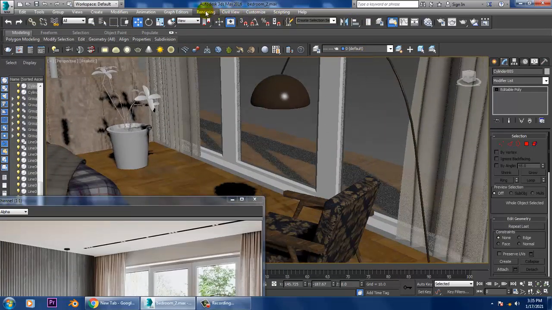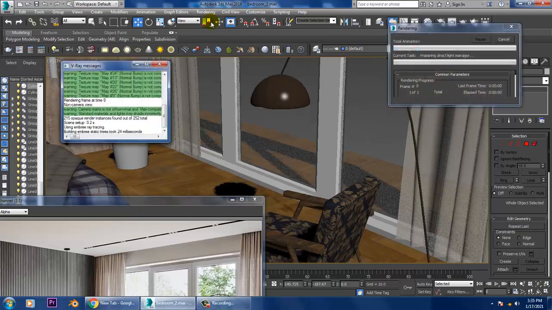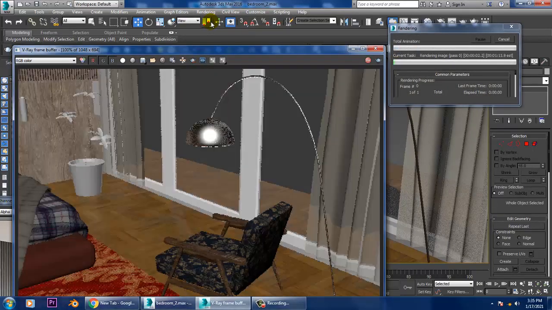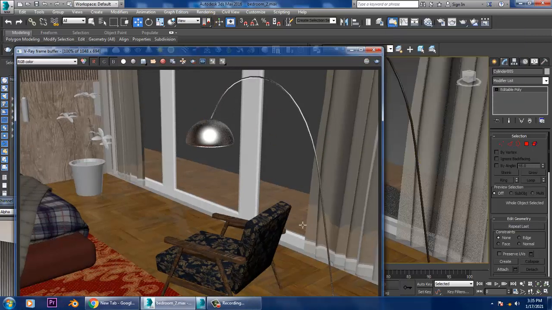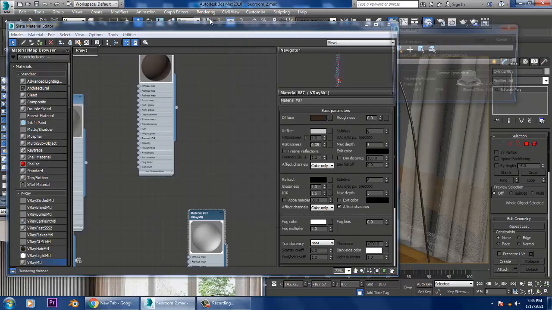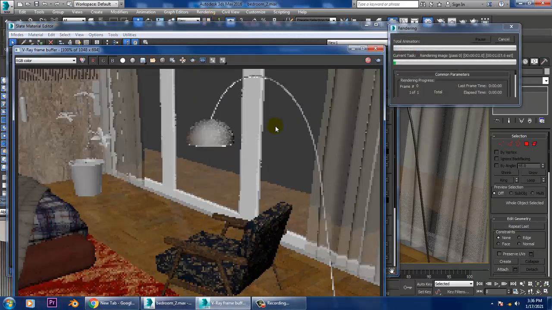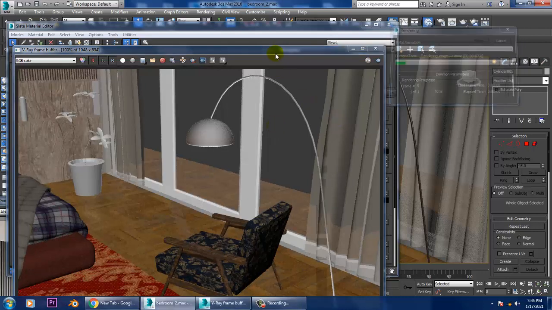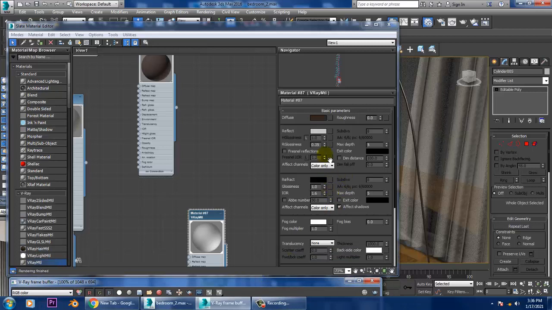So let's just render it. Okay, it's very reflective, so we can slightly reduce this. Much better. Now let's see the render. Okay, much more of a satin look.